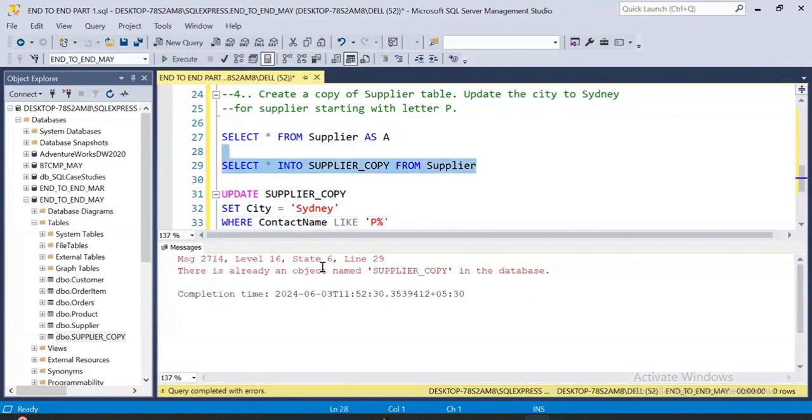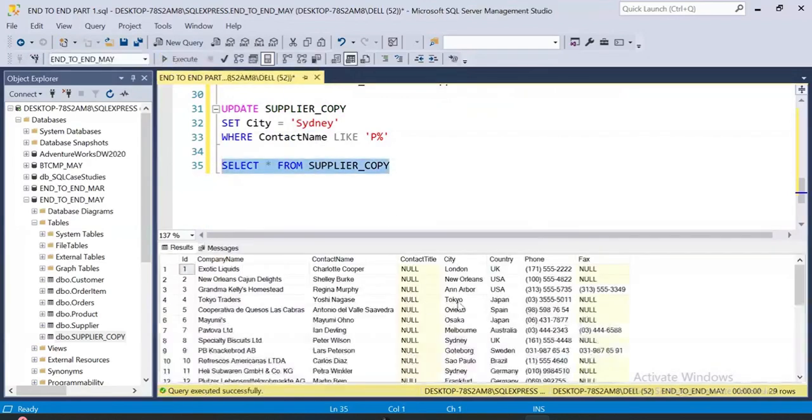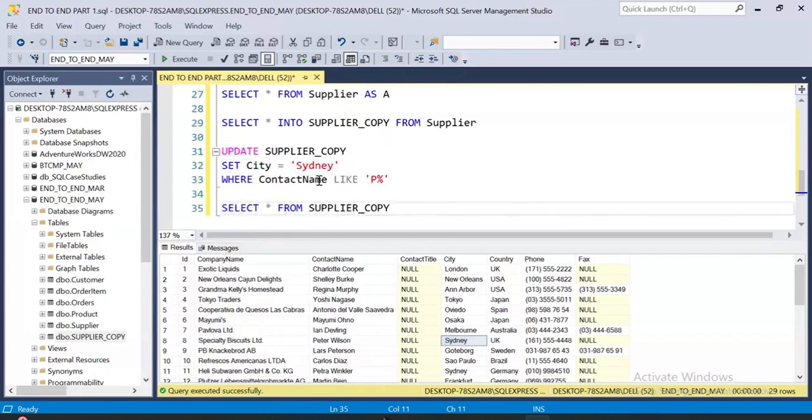Let's say if I just look into it. Supplier copy. If you see company name starting with P, that's Melbourne, Australia. And if I say contact name starting with P, that's UK, Sydney. So ultimately it will be company name, because it is not replacing it correctly. UK में Sydney नहीं है ना, Australia में है. So it has to be company name. That's how you can check. So what I can do, where company name,